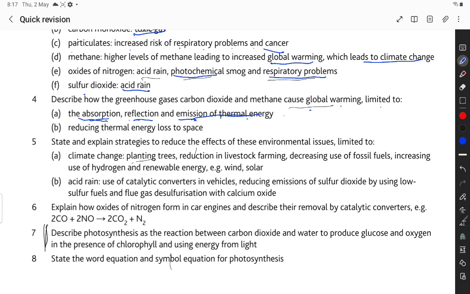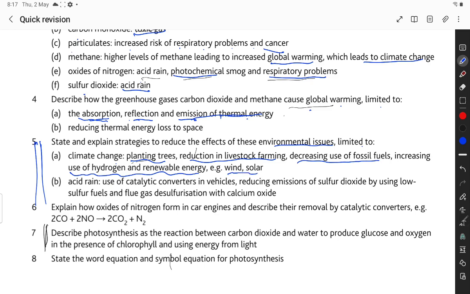State and explain strategies to reduce the effect of these environmental issues, limited to climate change. Planting trees, this is very important. Climate change, planting trees: how to reduce these environmental issues limited to climate change. Plant more trees, reduction in livestock farming, decreased use of fossil fuels, increasing use of hydrogen and renewable